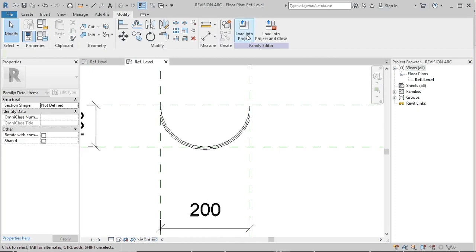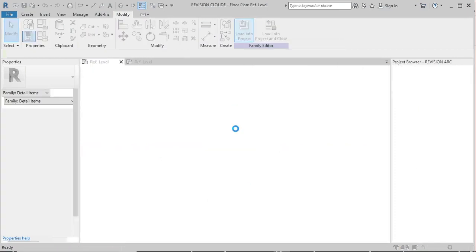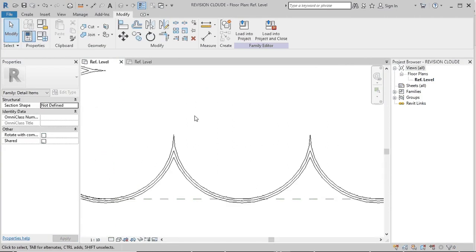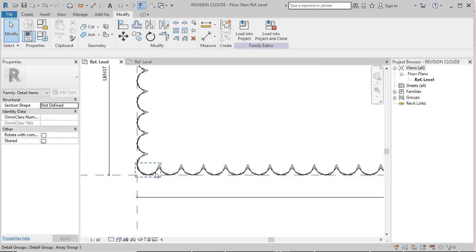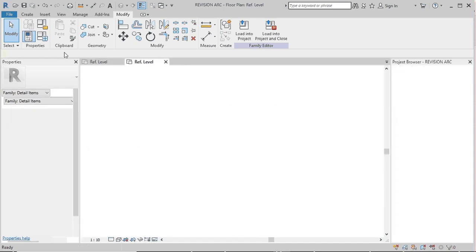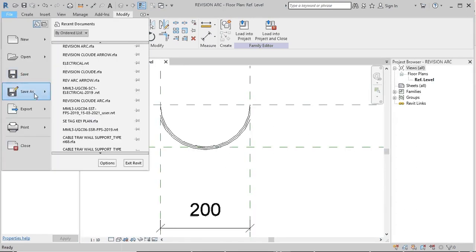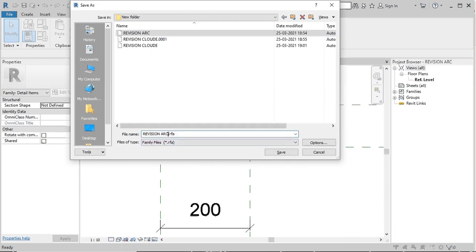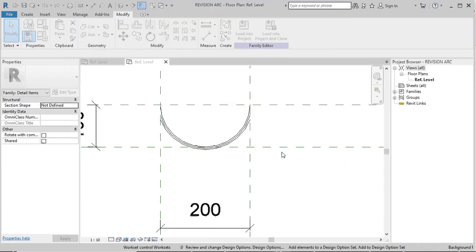Now you can load the family, override, and see that the arc is now thick, before it was a thin line. That's why I create the thick arc again. Now I need one arrow mark, so I save it as the arc family.